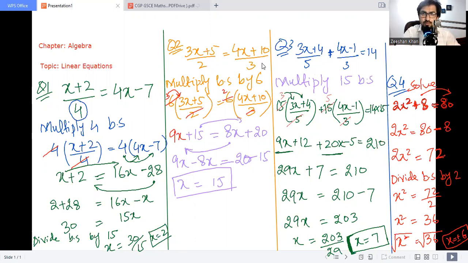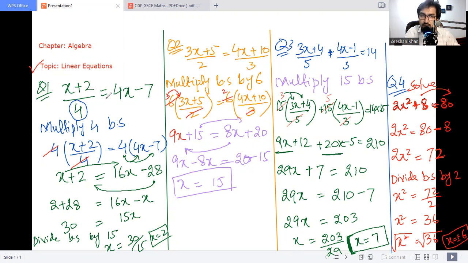Hello everyone. This is the continuation of linear equations, which is the topic of algebra. In the last lesson, we solved a few questions related to linear equations. In this lesson, we will continue to solve some more questions, which might be different from the ones we previously solved. So in question number one, the equation is given, that is (x + 2) divided by 4 equals 4x